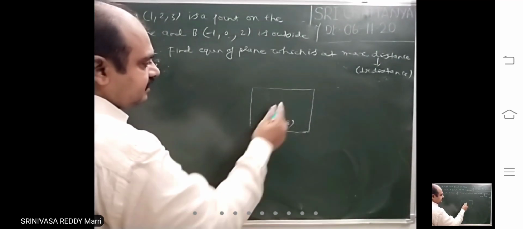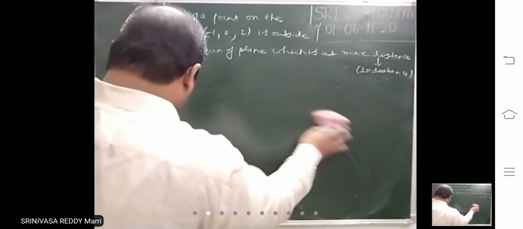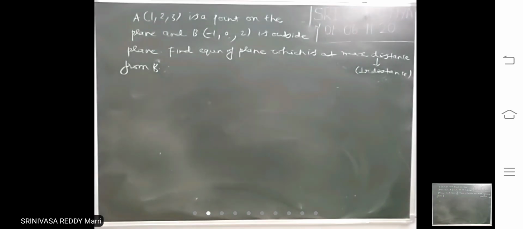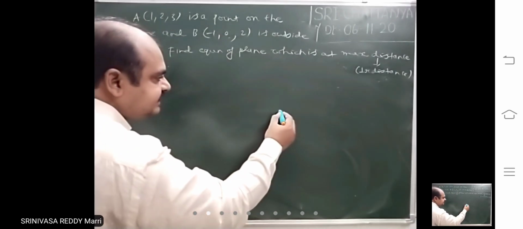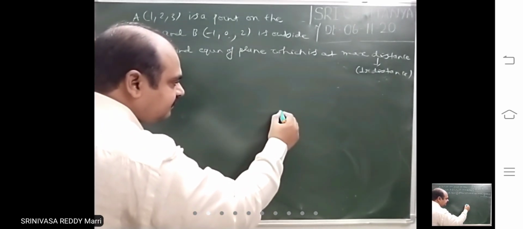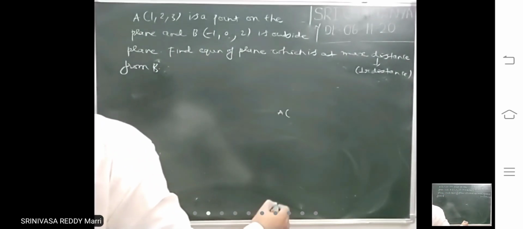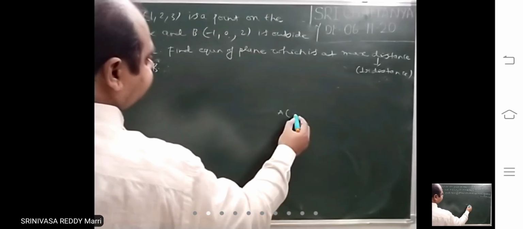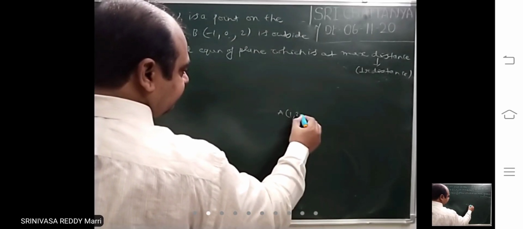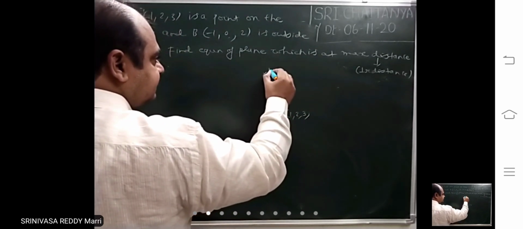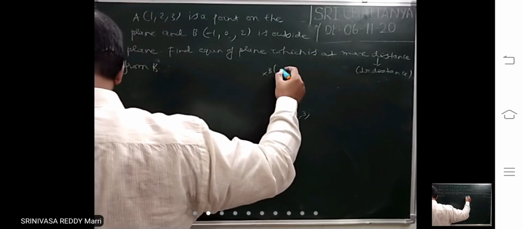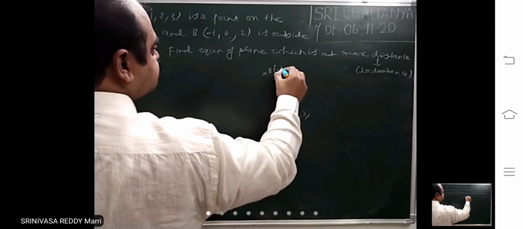B is, look at, not horizontally, I will draw like this. Suppose fixed points, A is like this, let us say, not a vertical line you draw, A is like this. A is given 1, 2, 3. These are fixed points. Let us say B is like this, an outside point.